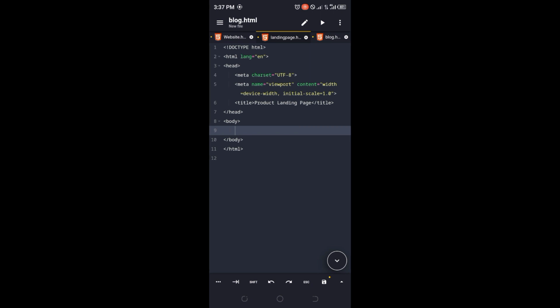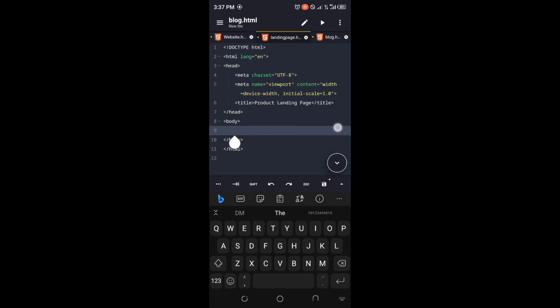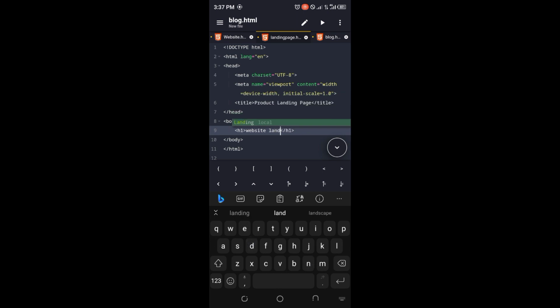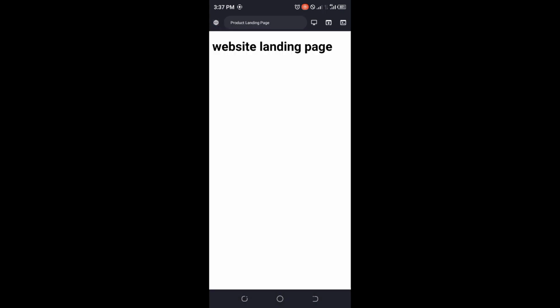Now the first thing we are going to do here is to add the heading, which is the h1 tag, to head the website. Now let's just say website landing page. I want to run this. You can see this here, website landing page. Then